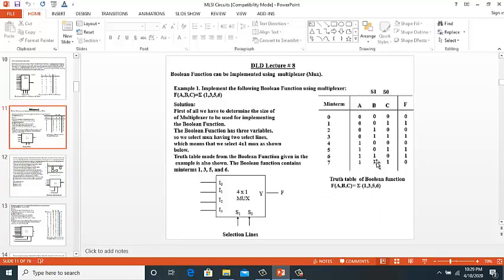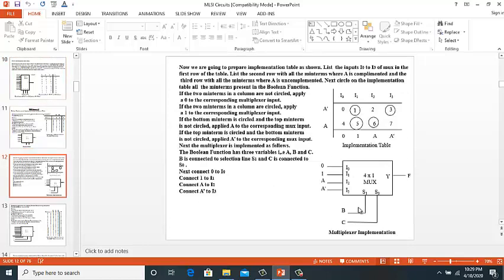So we see that in minterms 4, 5, 6 and 7 we have a equal to 1. So in the implementation table, in the third row we write a over here, and we write the minterms 4, 5, 6 and 7 over here.